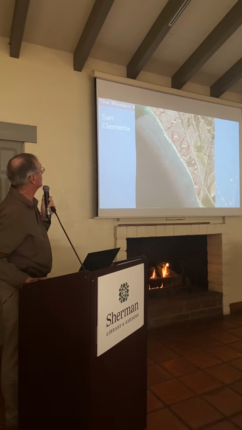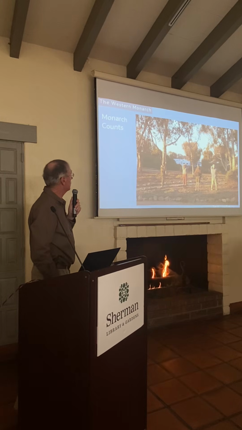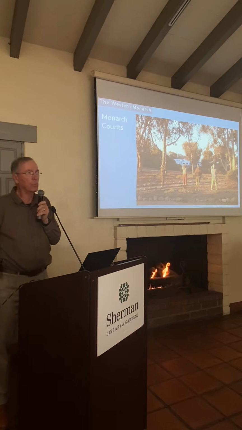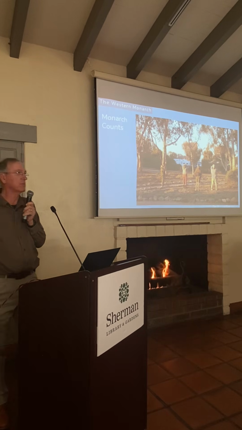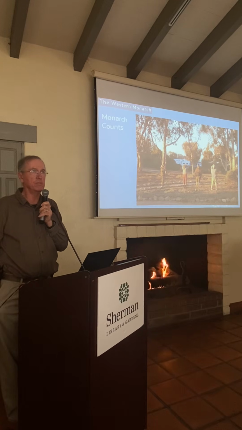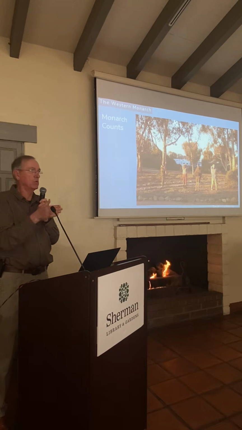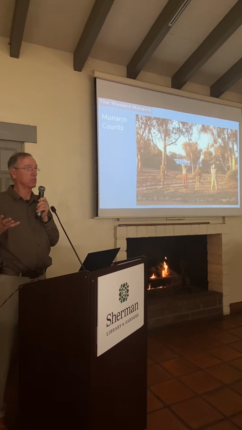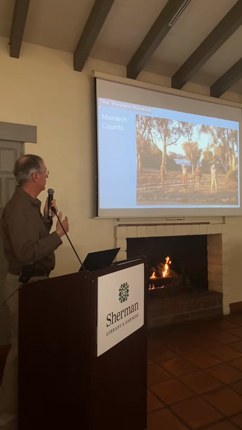And so, when I say checking every winter, what does that mean? What that means is that we go out as biologists and we count monarchs. And we do it in a very specific manner, at a very specific time. And we database them and record them very, very carefully. And if we do that in a scientific manner, year over year over year, for 30 years, you get some really good statistics. You get some really good numbers. And very hard to argue with.